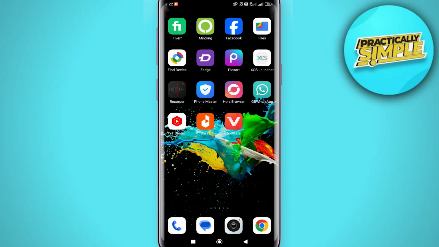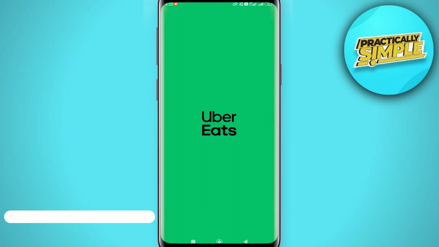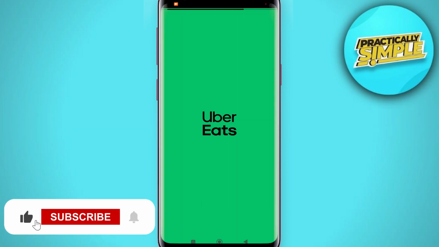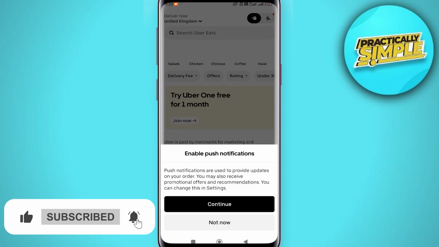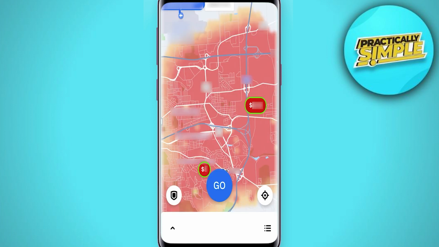In today's video, I'm going to show you how to find busy areas for Uber Eats. So first of all, if you have the latest version of the Uber Eats driver app, you open it up, your account is all set, ready to go. There is a high chance that your map is going to have what we call hotspots. So as you can see on your map, you will be able to find these red spots, aka the heat